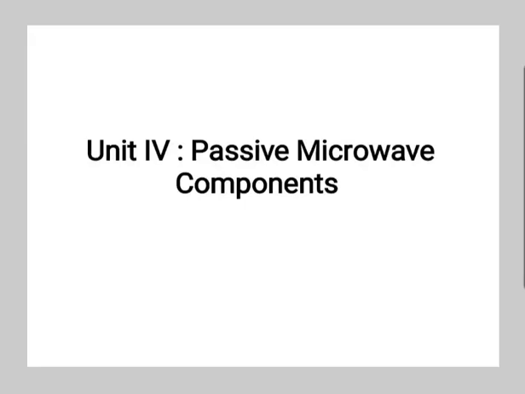Unit 4, Passive Microwave Components. So first we will see the introduction of microwave components. Any electrical network consists of several passive and active components along with a length of transmission line to connect